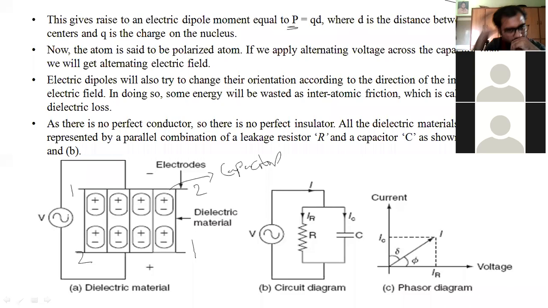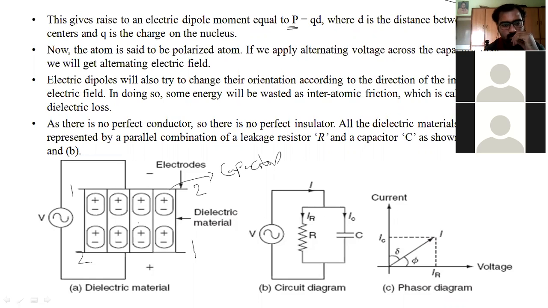Whenever the supply voltage is passed, the plates get charged, one plate becomes negative and one plate becomes positive. Whenever the dielectric material is placed between these two capacitor plates, which have developed negative and positive charge,